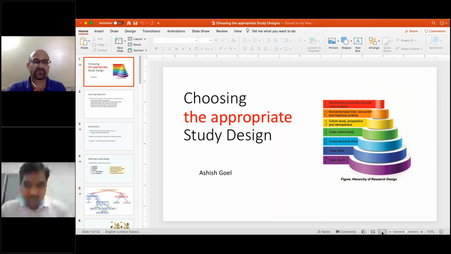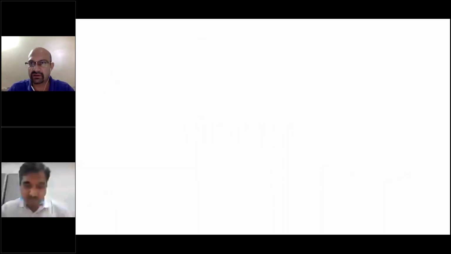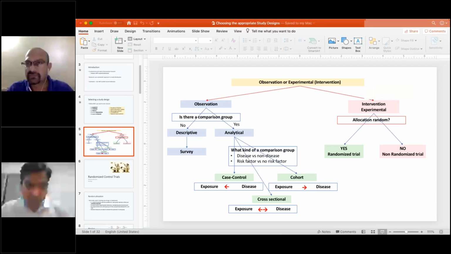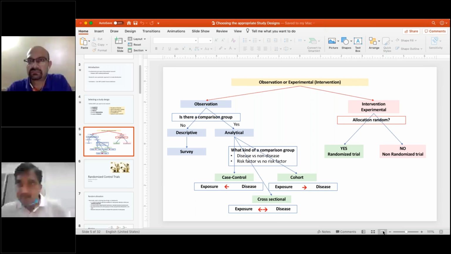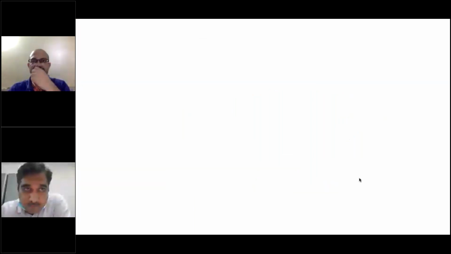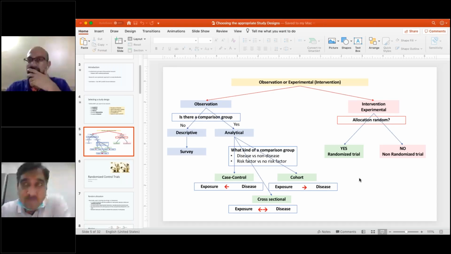Okay, so probably I'm speaking to myself for the last so many minutes. Let me try and get this sorted out. Now something has changed. Yes, now it has come to the 5th slide. Are you able to see the slides now? Yes, it has changed to 5th. Okay, so we are looking at a flow chart. It's not on slideshow. Let me try and figure it out.